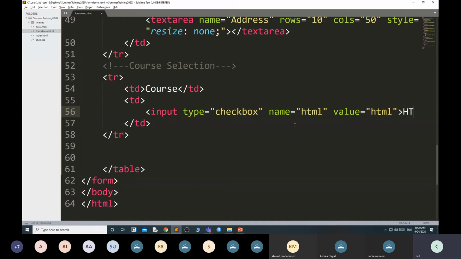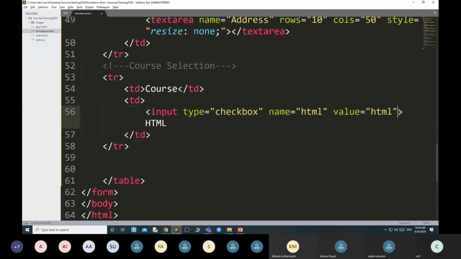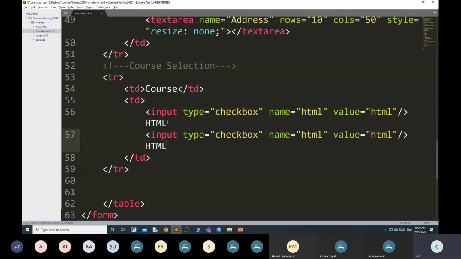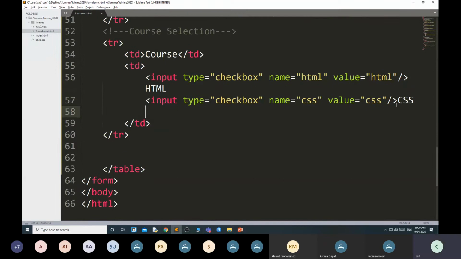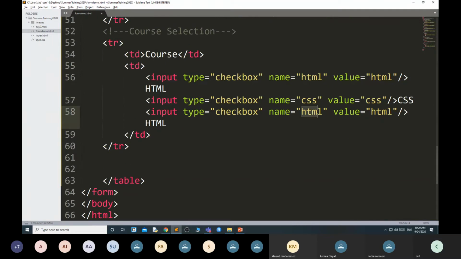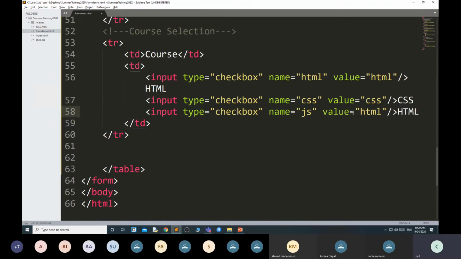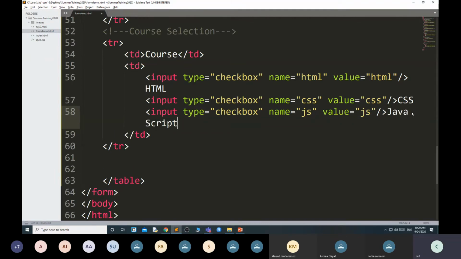Then after this, you want to show the HTML. Like this, copy, paste, CSS, then here CSS, then JavaScript, JS, value also JS, and here it is JavaScript.